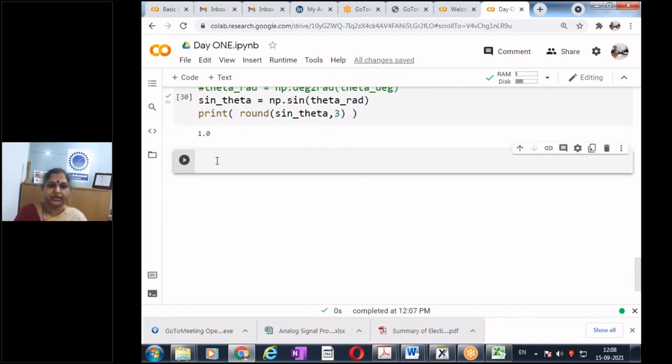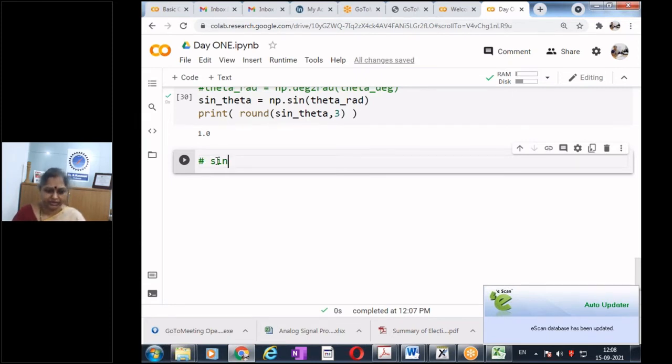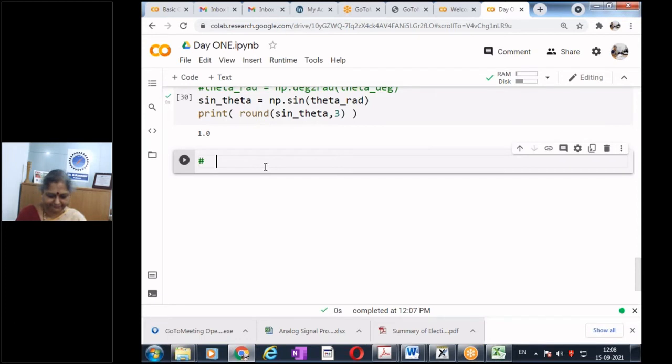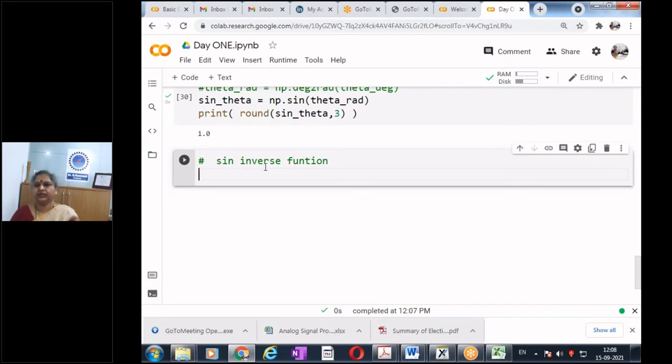Suppose I want to compute the inverse sine of, say, 1. Sine inverse function. How do we do it?